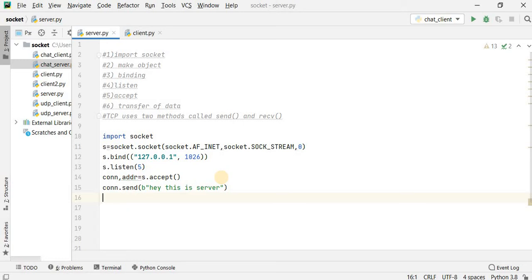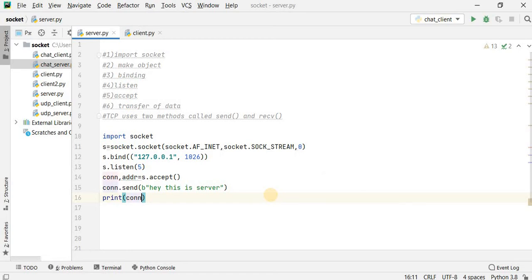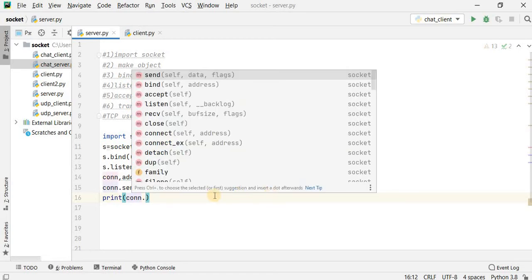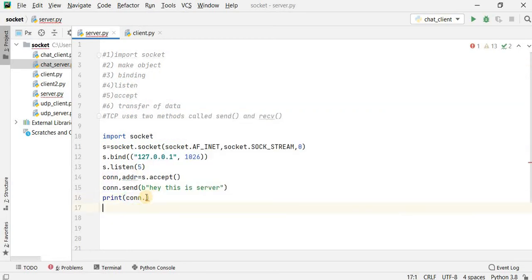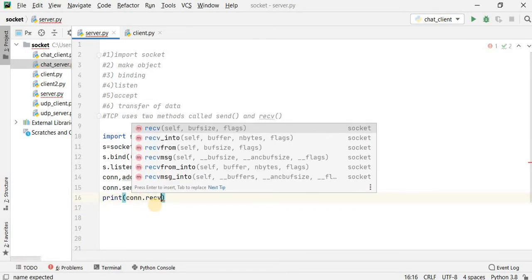So this is how the server sends a message to the client. Suppose the server wants to receive some message from the client. For that there is a receive method. So how can we use this receive method? That is print and the object name, conn, and the method is recv.